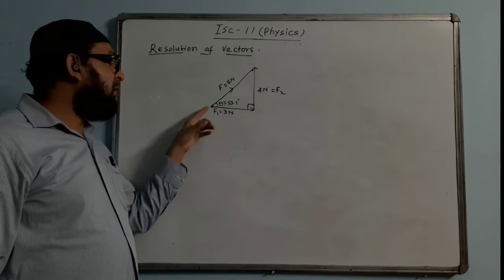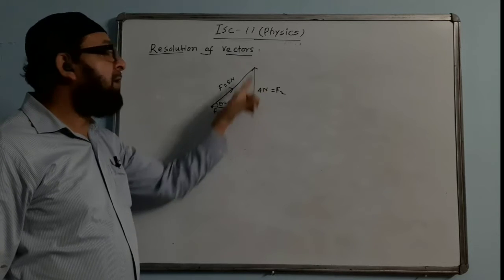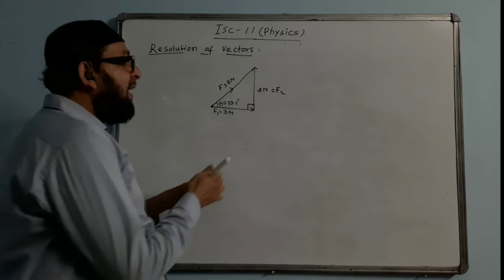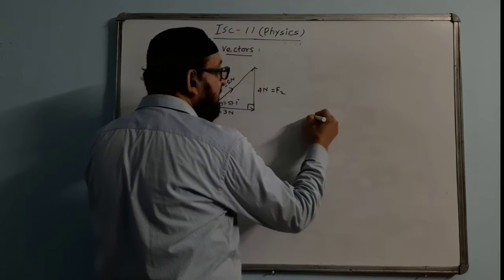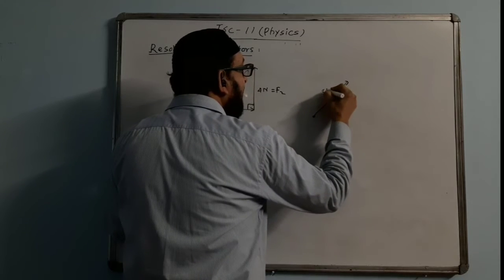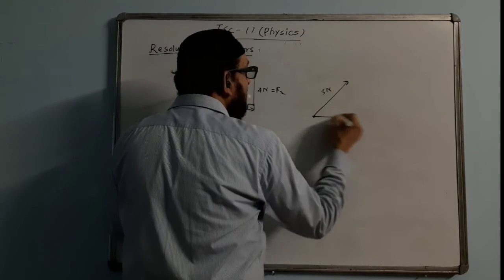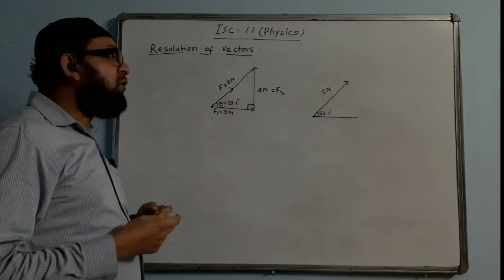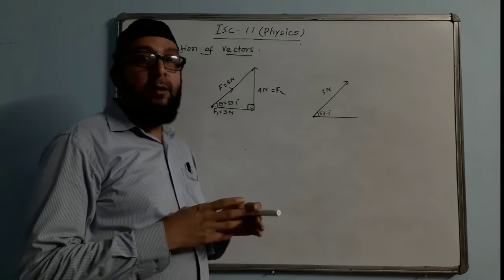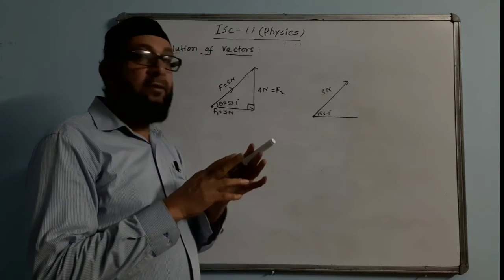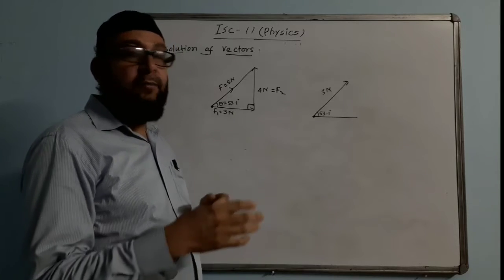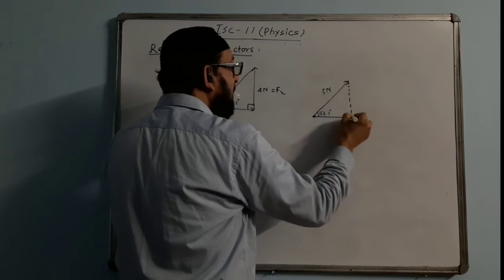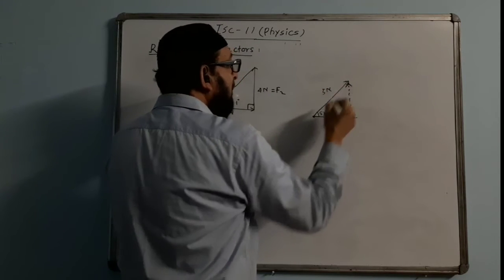What do you see? You see that there are two vectors. One is a horizontal vector and one is a vertical vector. How to join them? By Pythagoras theorem. Similarly, if we have a single vector, just see the reverse diagram of this. If it is 5 Newton and the angle is known, 53.1 degree, we assume that every vector is made up of two vectors, one horizontal and one vertical. So this is 5 Newton, and if you break it down this way, one vector will come here, another vector will come here.